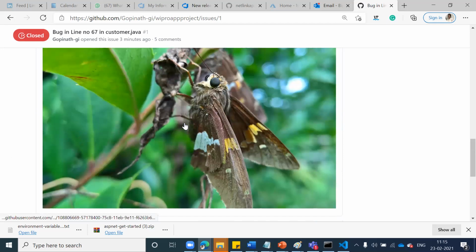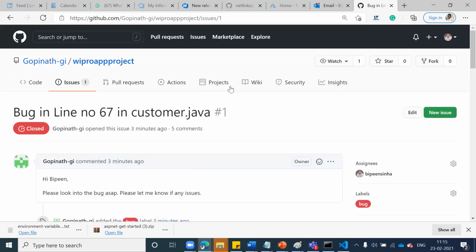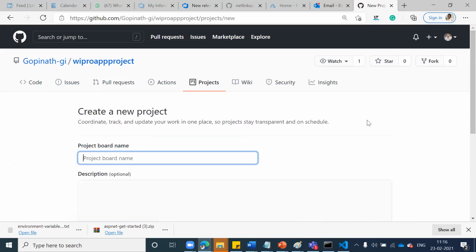Now, apart from that, if you want to manage your project as a project manager, you have something called Projects here. So click that. And you get an option called create a project. Click create a project.